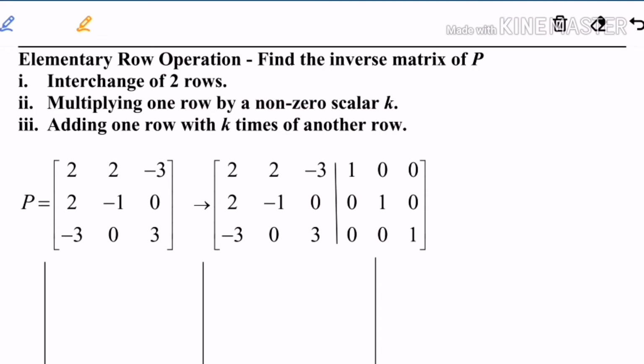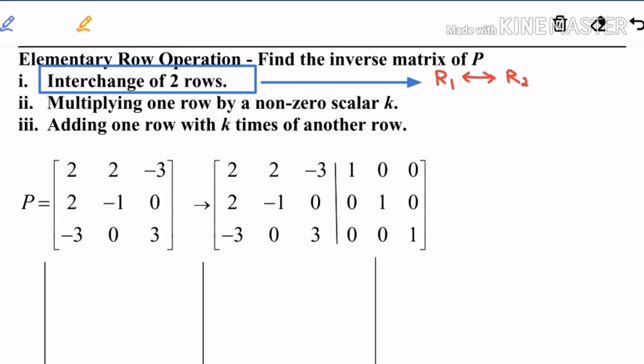Hello everyone. So now I'm going to discuss the topic of matrices, and the question is about elementary row operations. Now we are going to discuss the rules. Rule number 1 is to interchange two rows. The way of writing will be R1 interchange R2, meaning that row 1 and row 2